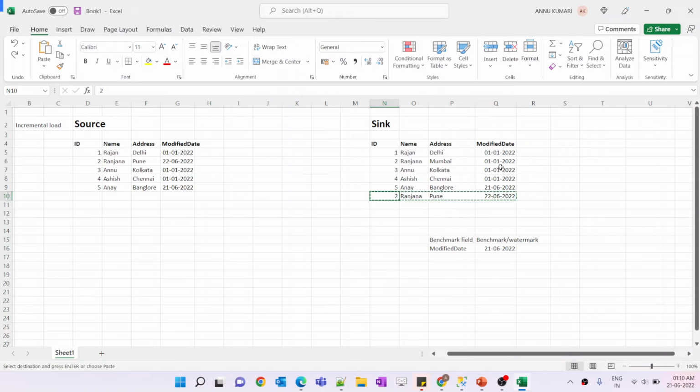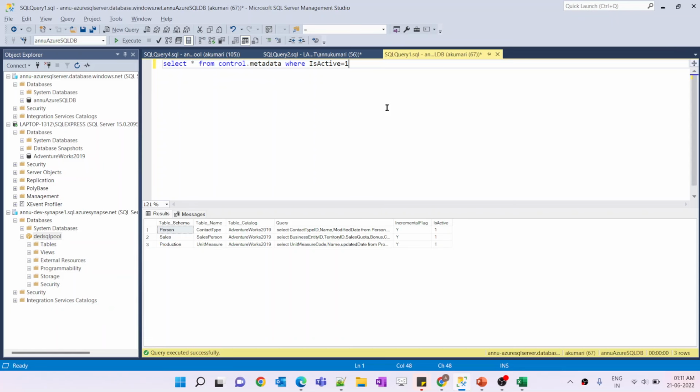in the same table, and we will try to identify the benchmark value again, and that is how incremental load will work. Just keep all this in mind, and when we create the pipeline, you can correlate it with this concept. Okay, so let me go to the control table,